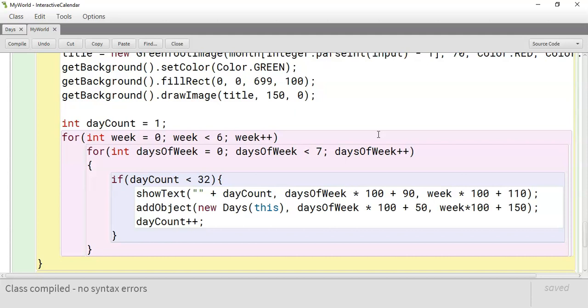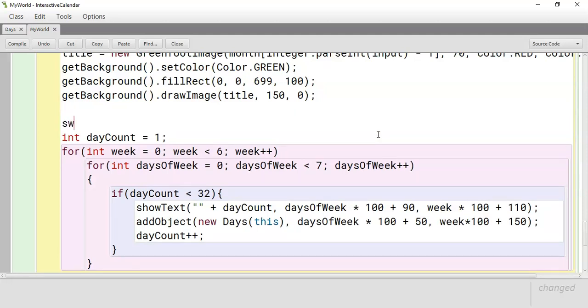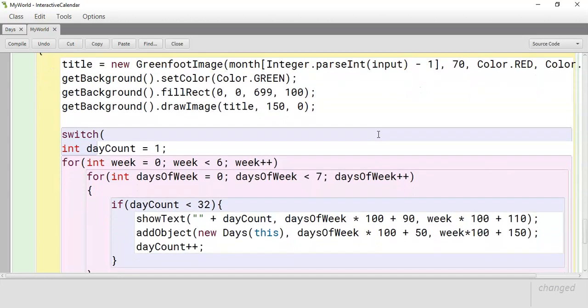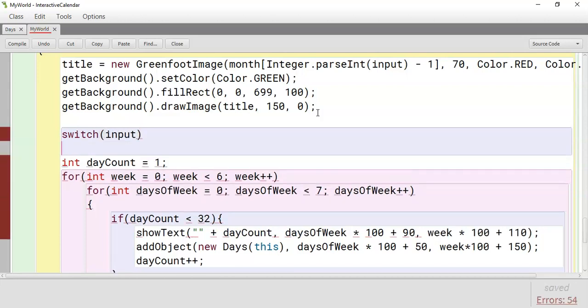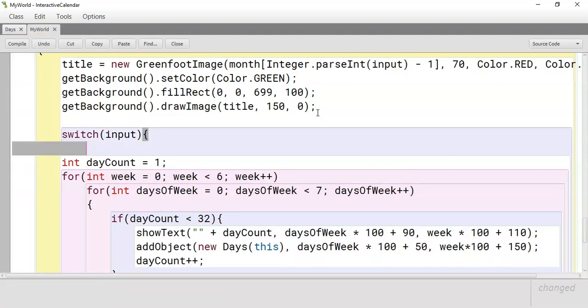Okay, and so with our switch statement, we are going to need to have a variable that tells us which month it is. Okay, so what is that variable going to be? Well, it's going to be our input. Okay, our month is an array, so that'll change. Our input will tell us what month it is. Okay, and so our input is going to be the beginning of our switch statement, curly bracket,